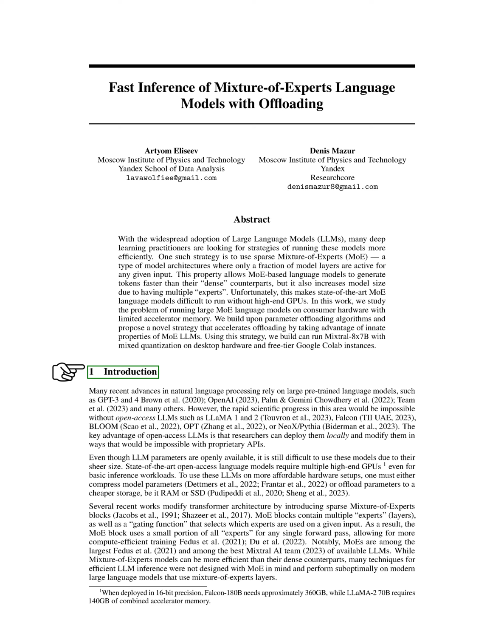Introduction. We're going to talk about the recent progress in natural language processing, which has been largely driven by large pre-trained language models like GPT-3 and 4, PaLM and Gemini, and many others. However, we can't overlook the importance of open access language models such as Llama 1 and 2, Falcon, BLOOM, OPT, GPT-NeoX, Pythia. These models are freely available for researchers to use and modify, which wouldn't be possible with proprietary